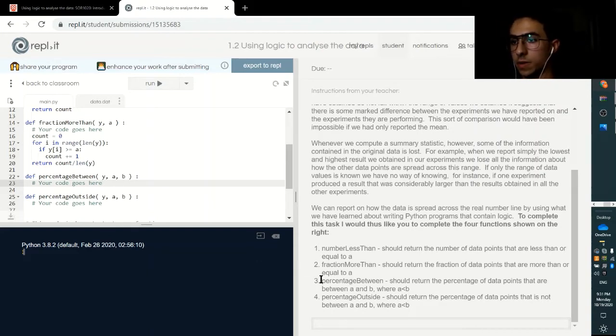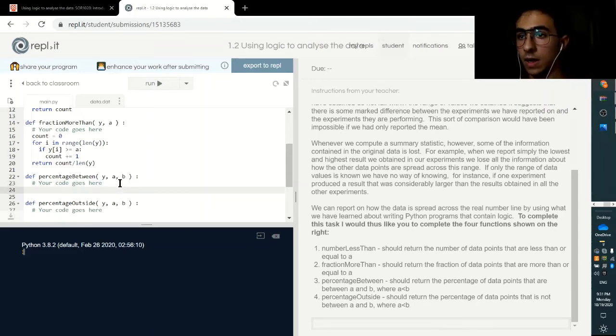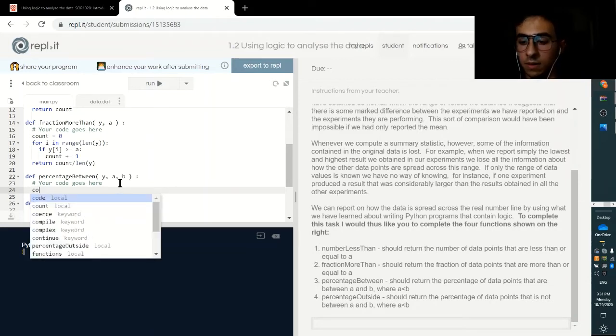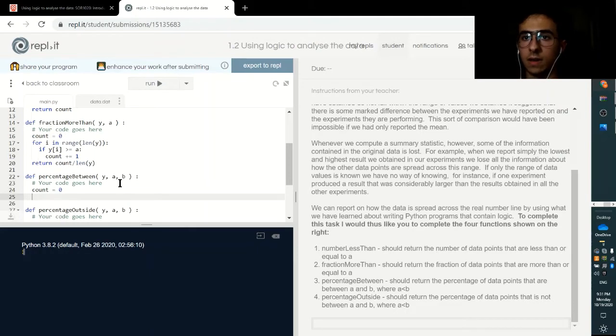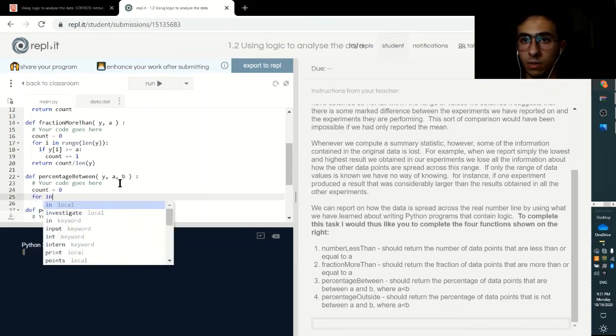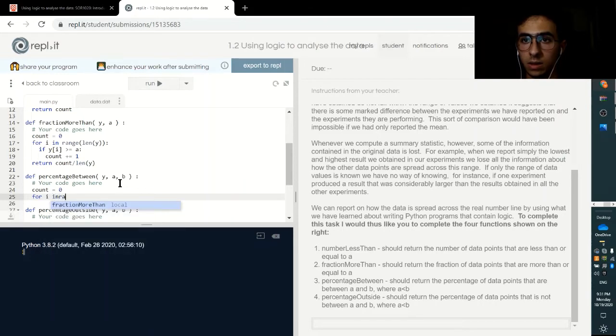Third function, percentage between. It should return the percentage of data points that are between A and B, where A is smaller than B. Okay, so we have an upper bound and a lower bound, and we want to return the percentage from our data set that conforms to that condition. So again, we want to count the number of data points that conform, and we do that by initializing a count variable, iterating through the actual list,